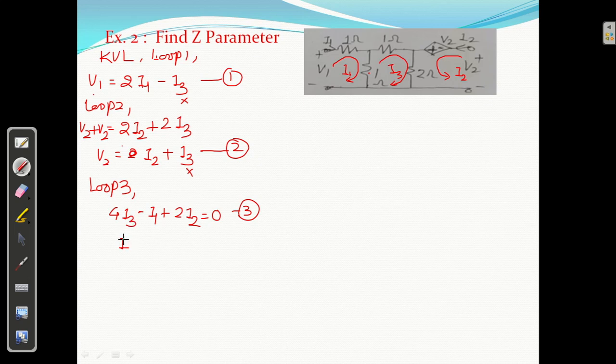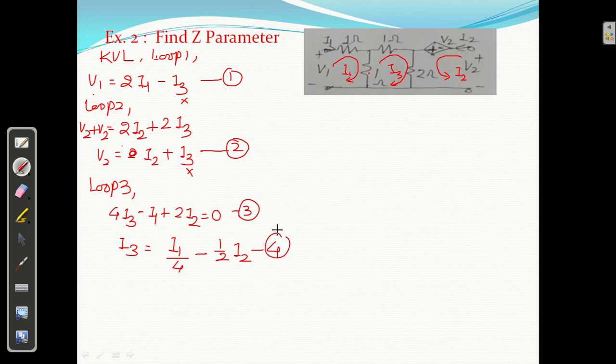What is the I3 from 3? I3 इक्वल टू क्या आएगा? ये उधर जाएगा तो I1 प्लस हो जाएगा by 4, because I3 इक्वल टू डिवाइड by 4. ये माइनस हो जाएगा, -2/4 is 1/2 I2. So you will get I3 equal to, ये उधर जाएगा इस साइड, so plus I1/4 और ये -2/4, that is 1/2 I2. Equation number 4.